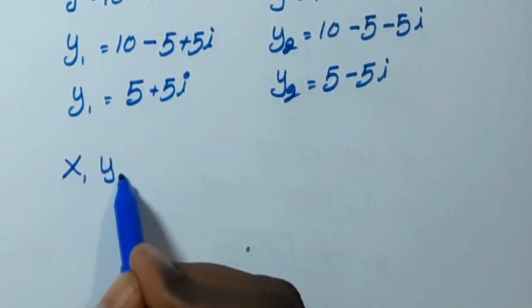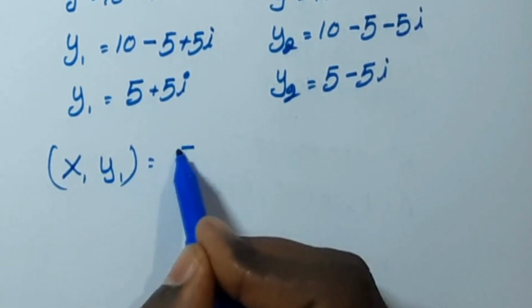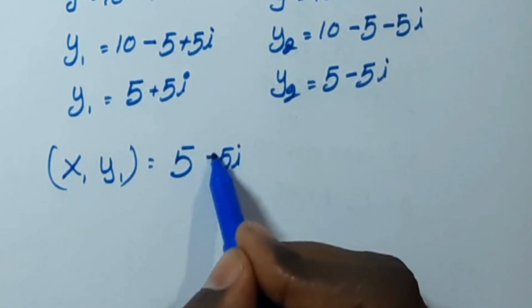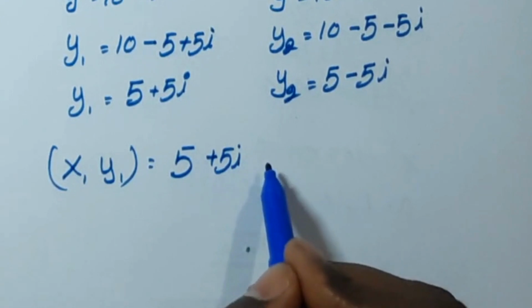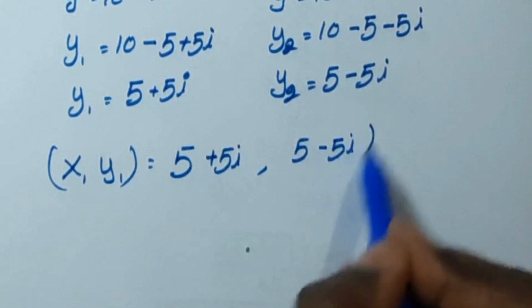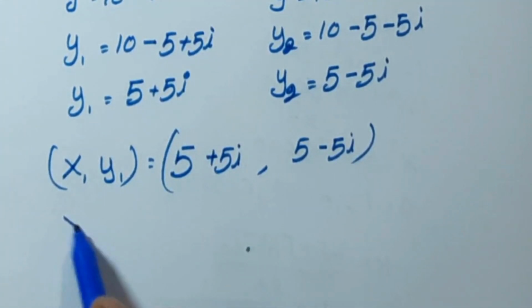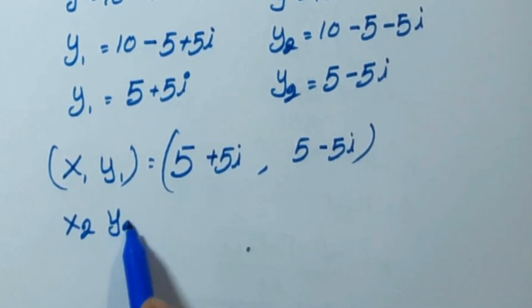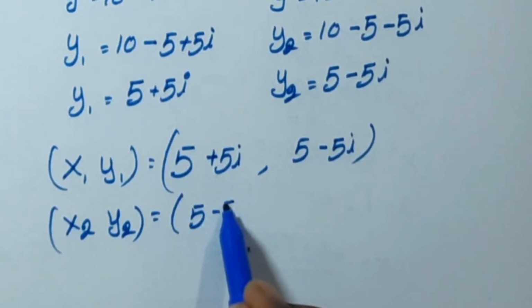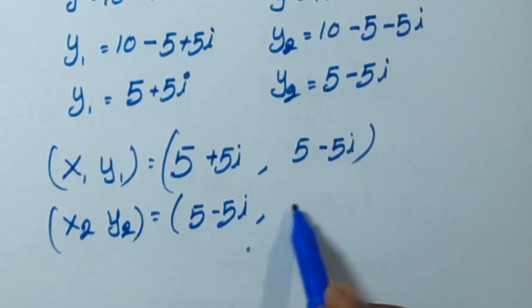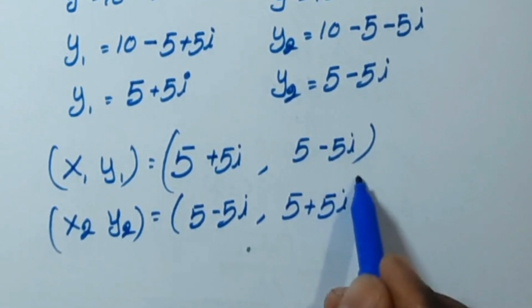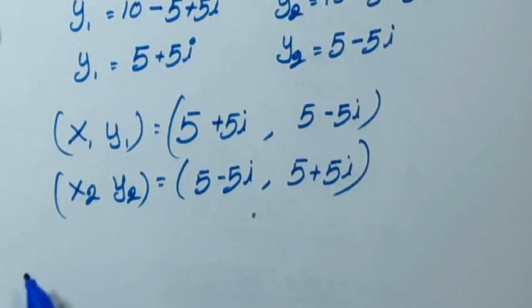Now x1, y1 equal to 5 plus 5i, comma, 5 minus 5i. x2, y2 equal to 5 minus 5i, comma, 5 plus 5i. So to check this,